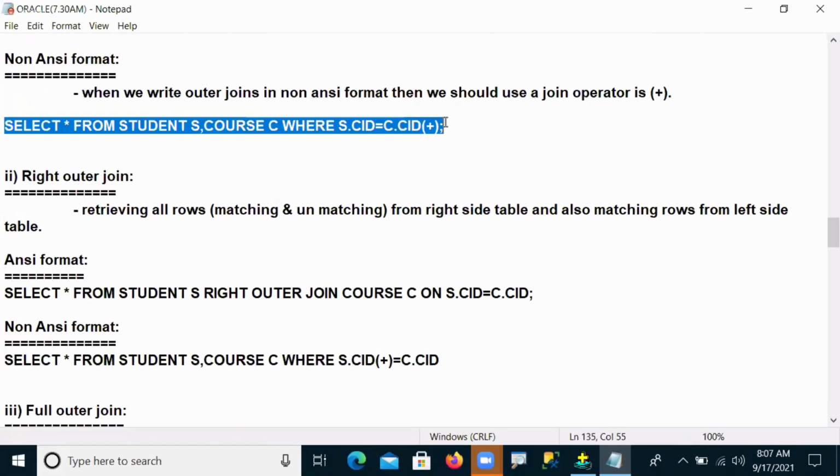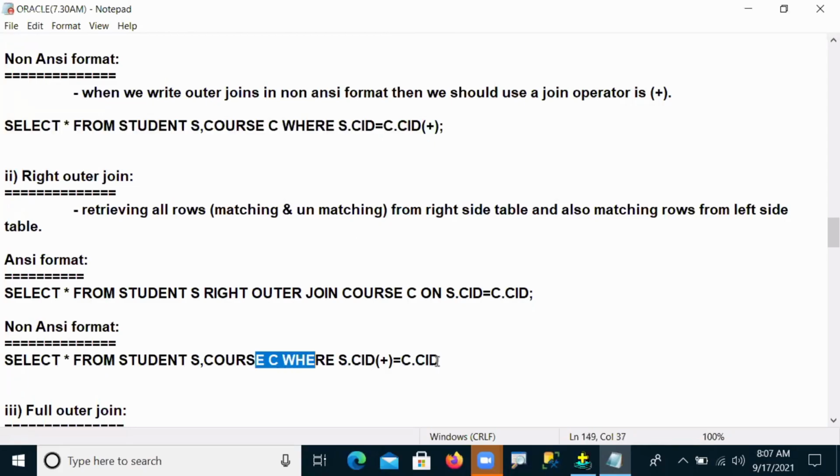But what I need is a full outer join using the join operator. Can you write a full outer join? Take 5 minutes of time and all of you write it. Try it, all of you: the full outer join in non-ANSI format, how to write?